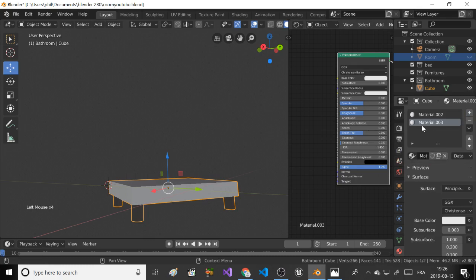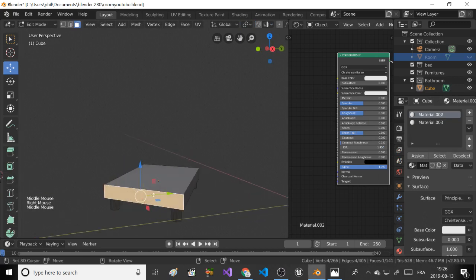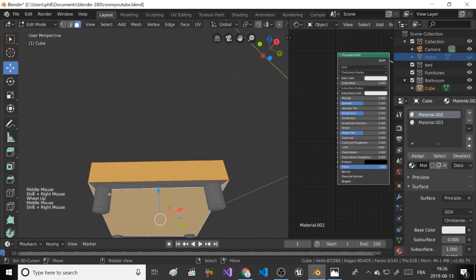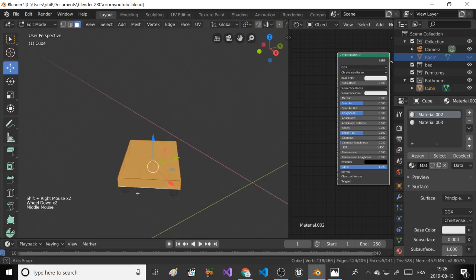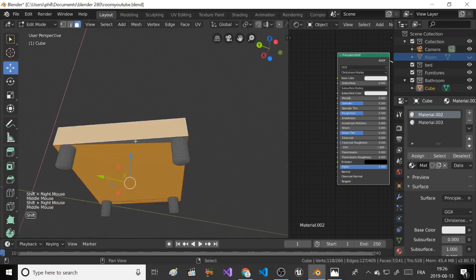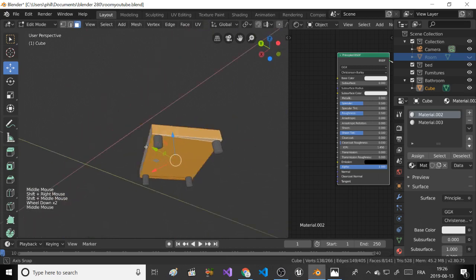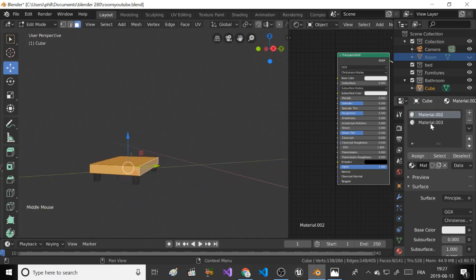Okay, so this one I can go in edit mode. I'm gonna select my face, and this one will be my bed. So I'm gonna assign it, and here